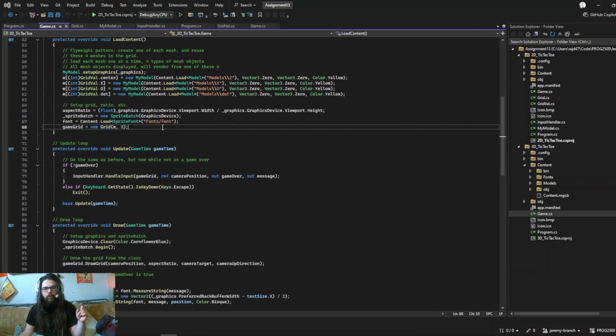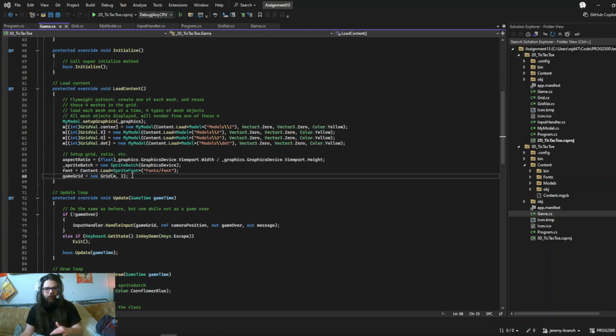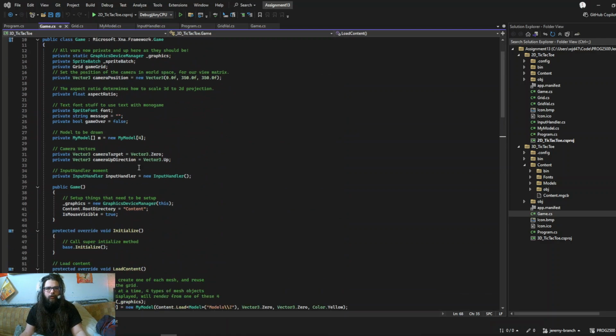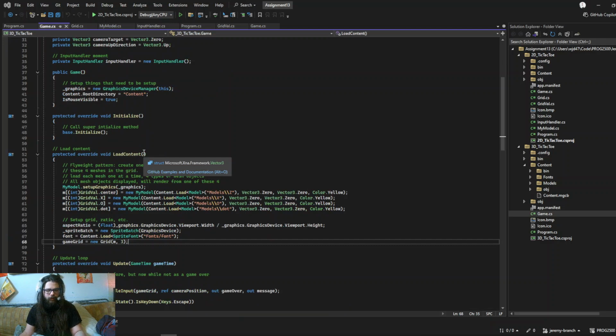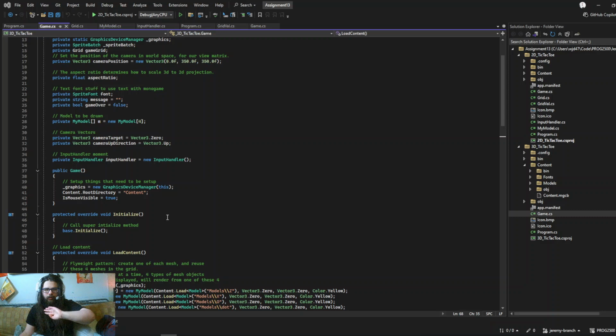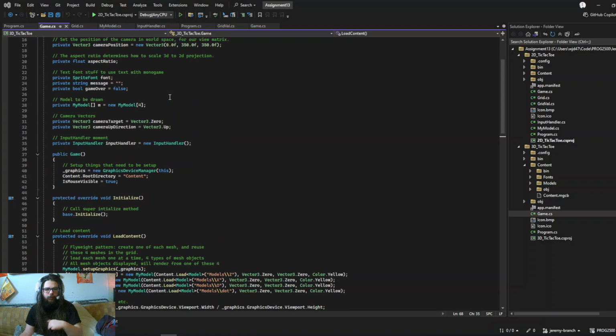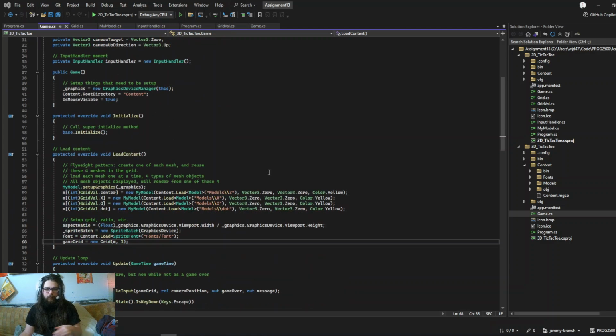So the grid, you can pick the dimensions. So that's kind of what I mean. You can only select between 2D and 3D, but that could be changed slightly. I'll explain that in a second, but yeah. Because of that, other than that one line, these game classes are the exact same. I just didn't end up changing it just because I wasn't completely sure on how it interacts with like the Microsoft framework game. But I think you can easily see how this could be reusable, where you could just